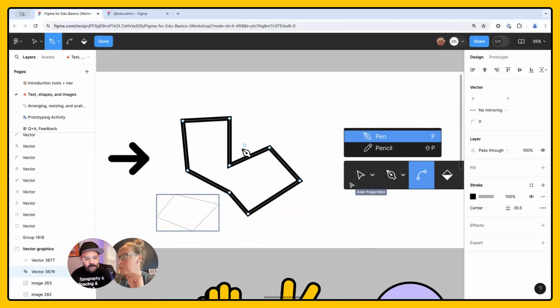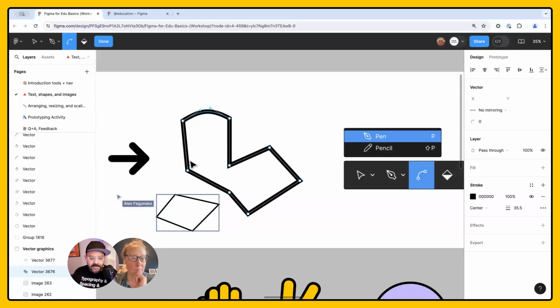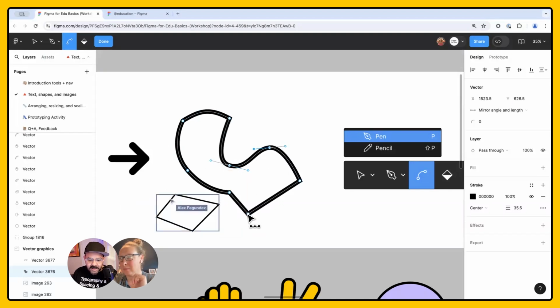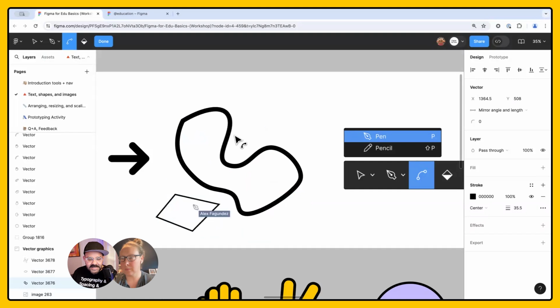And you'll notice that as I'm making these points, I'm currently in a vector editing mode. So if I look up here to my tools, the tools are slightly different. It lets me know that I have this thing called the bend tool, and that's going to allow me to bend and curve these points so I can make them a bit more organic. So the pen tool drawing out is going to be point to point with these edges, but the bend tool is going to give me the ability to make this a bit more organic.